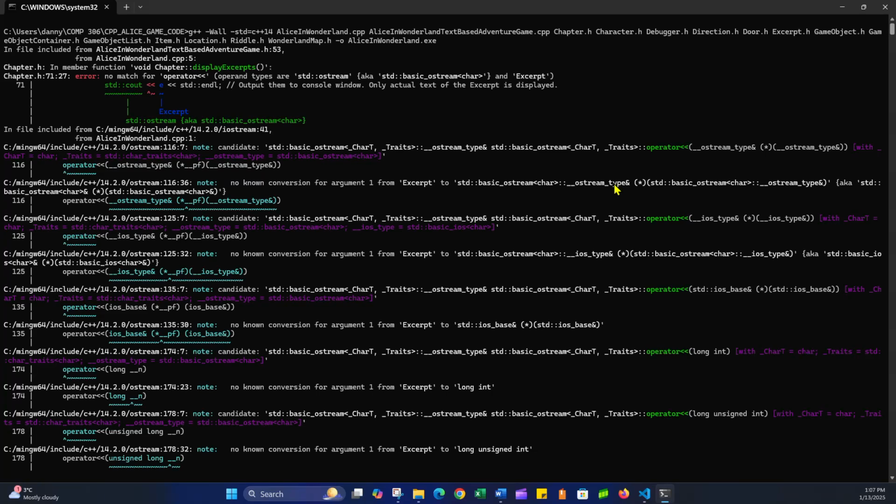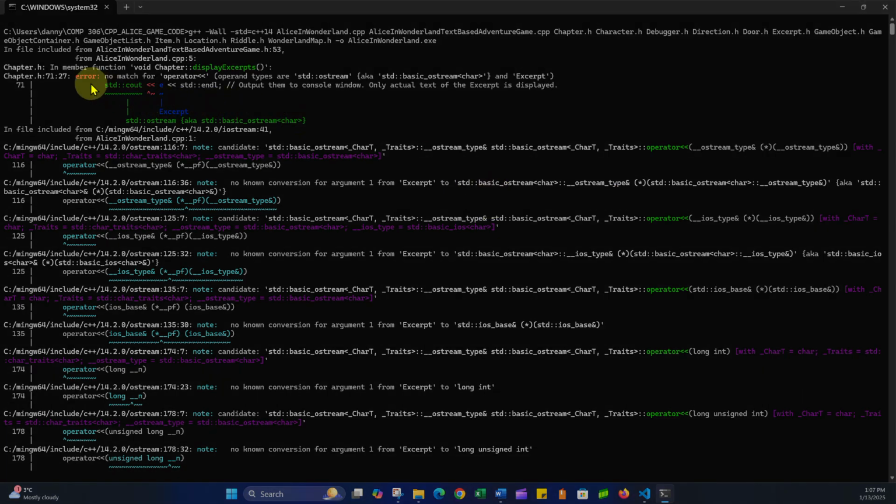And by the way, we already dealt with a bunch of errors associated with the Riddle class the other day. So we've dealt with those, now we're moving on. So what's the error we have here? Well, let's see. We have an error associated with the chapter.h class, in member function void Chapter::displayExcerpts. So basically in the displayExcerpts function associated with the chapter class, we have no match for the